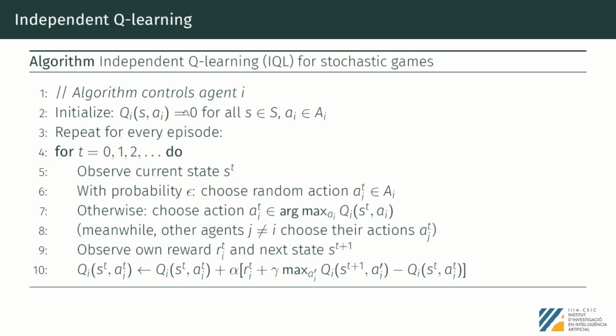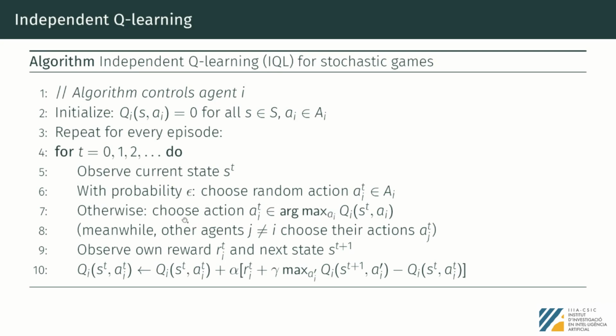We make this 0, for example. This is arbitrary. And then we do our learning. For every episode, we're going to go through a number of time steps. At each time step, we observe the state. And then we do our epsilon greedy action selection: with probability epsilon we do a uniform random action, or otherwise we do the greedy action, which maximizes the value under the Q